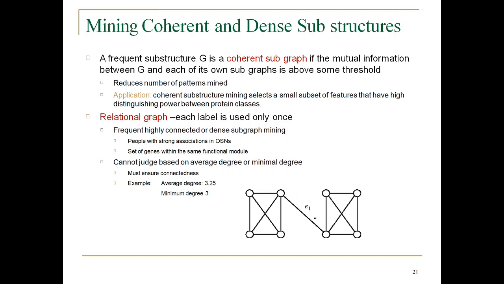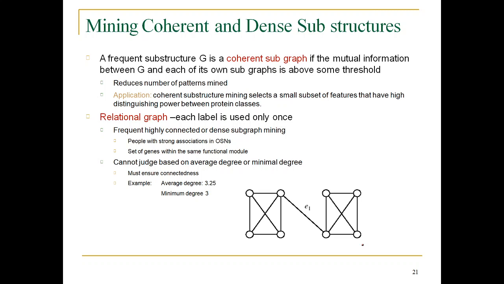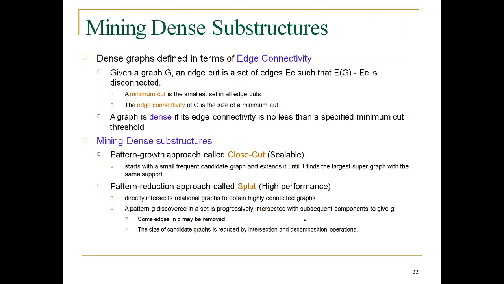If we remove this particular edge, it will again split into two graphs. So this connectivity is highly used. In this we have three methods. One is the edge cut method. In the edge cut, if you disconnect this particular graph, then it becomes two, and we are going to see what the minimum connectivity is. The minimum connectivity is only 1 over here. So like this we are going to use the dense model using the close cut as well as the flat methodology.